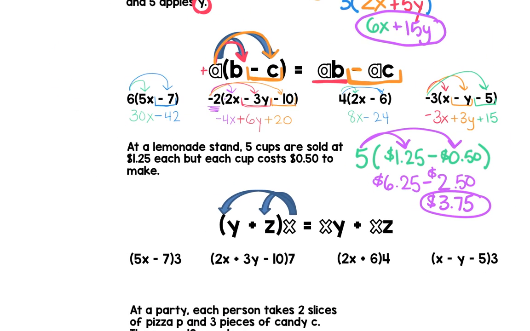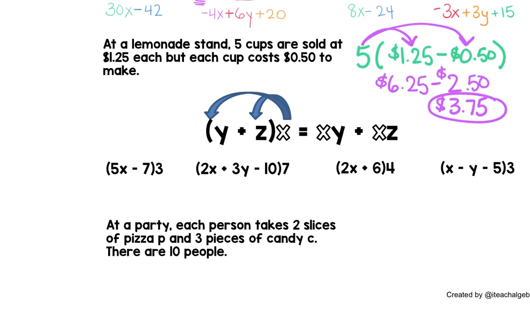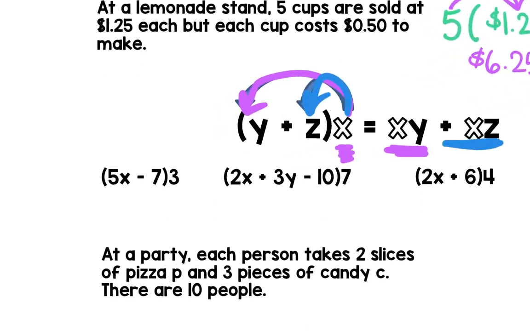$3.75. The last thing that I want to show you is that with the distributive property, you can also distribute backwards. So in this case, we have the coefficient at the back of the parentheses. Same thing, we just go the other way. So x times y is xy, x times z is xz. Same exact way, we're just going to